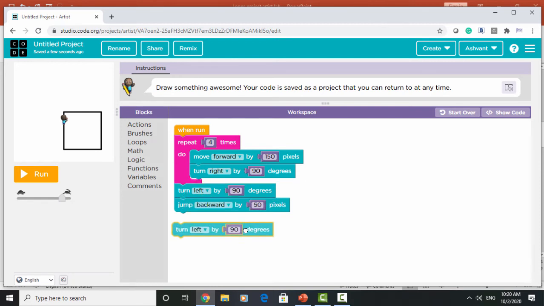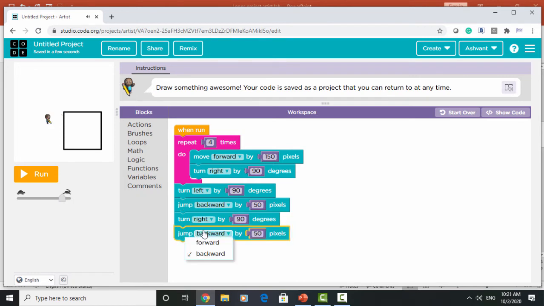Turn right by 90 degrees and jump forward again by 50 pixels and